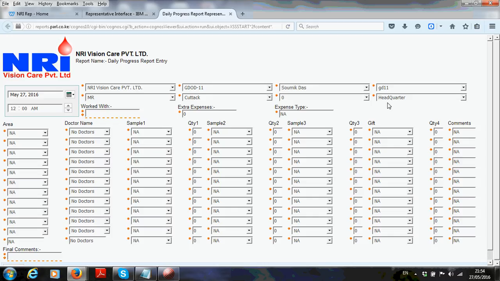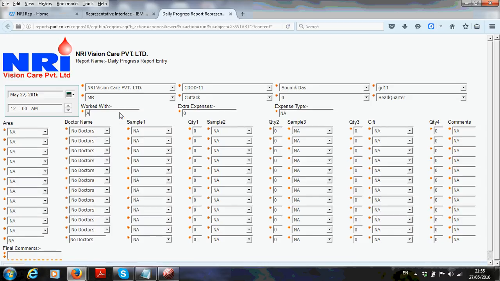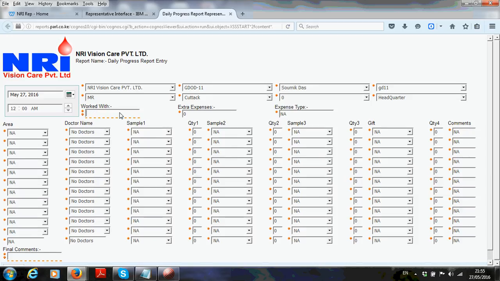Now once I have made these entries, you have to put in whom you have worked with. For instance, if you have worked with one person, you can type in the name. Maybe I have worked with A. Das. Now if I have worked with multiple people, I can also make an entry.